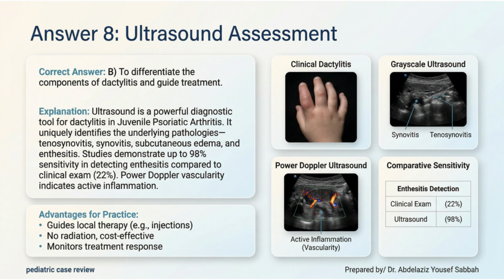It uniquely identifies the underlying pathologies including tenosynovitis, synovitis, subcutaneous edema, and enthesitis. Studies demonstrate up to 98% sensitivity in detecting enthesitis compared to only 22% with clinical examination alone. Power Doppler vascularity indicates active inflammation. Practical advantages include that it guides local therapy such as injections, involves no radiation, is cost-effective, and monitors treatment response